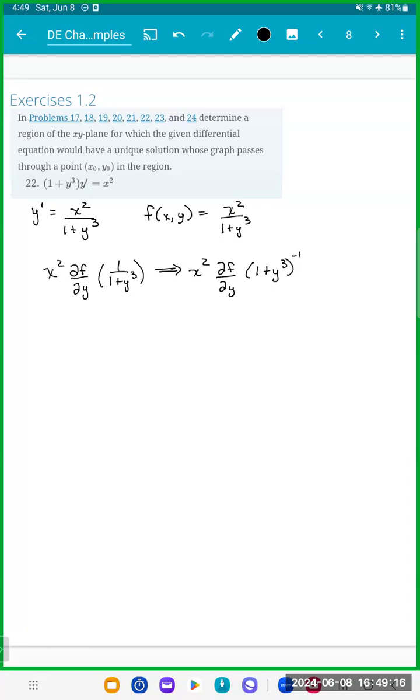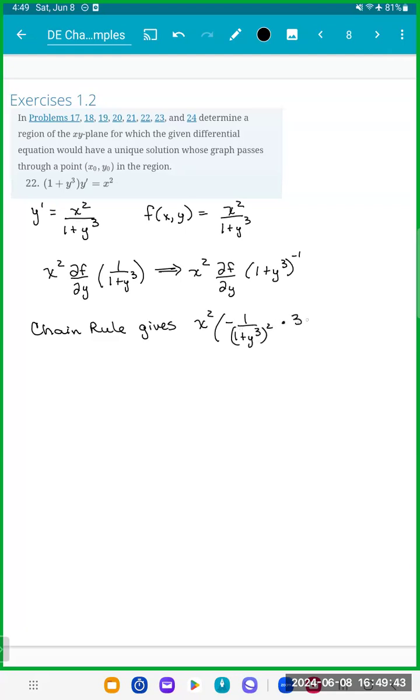We can bring it up into the denominator and we'll be able to use our chain rule to get our derivative here, okay? So using the chain rule, it gives us that we have our x squared times negative 1 over 1 plus y cubed squared